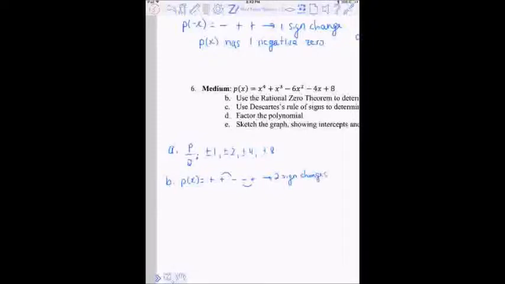And since we're testing P of positive x, we're talking about positive zeros. If there's two sign changes, that means 2, and then you decrease it. Remember, decrease it by 2 units, so 2 or 0 positive zeros. Now P of negative x, if I plug in a negative for all of these x's,